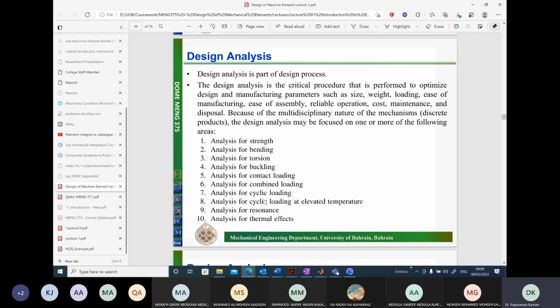So at these temperatures, we usually use very special materials. Analysis for resonance is extremely important for all moving parts. Whenever you have a moving part like a shaft, or any vibrations involved,